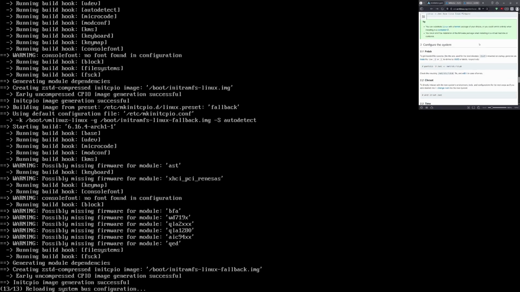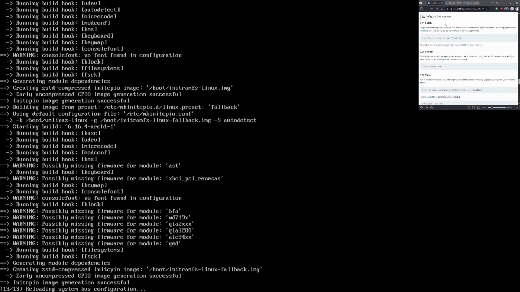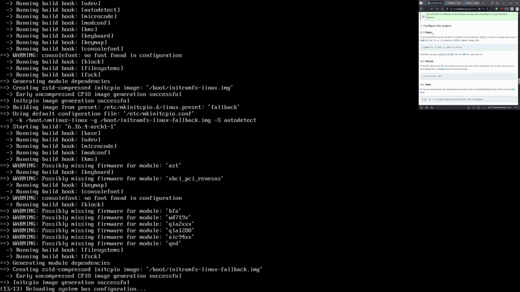The next step is to configure the system using fstab, which stands for file system table. Basically fstab is going to tell our system which partition should be mounted where after we boot up our system. For example, let's say you have a house with several rooms; fstab tells which person goes in which room, something like that. So for that I'm going to generate the file system table,